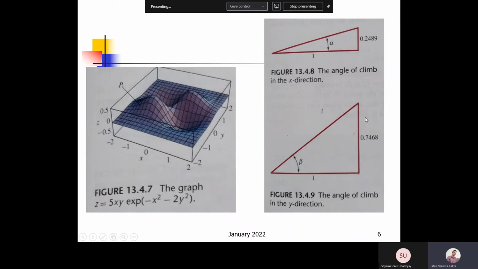Okay, and along the y direction, it is steeper. Obviously, in order not to get tired and to reach the peak, you are going to choose the x direction, isn't it? Fine. So now, as I told you, so far we have considered only a function of two variables,